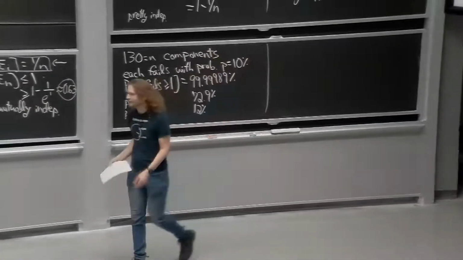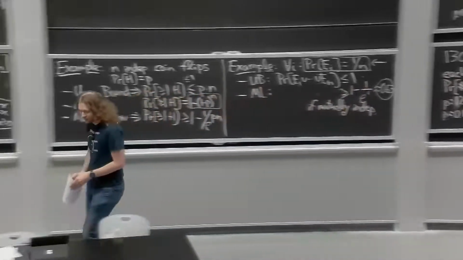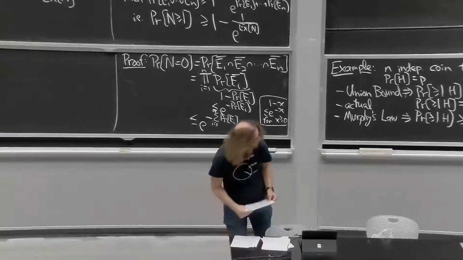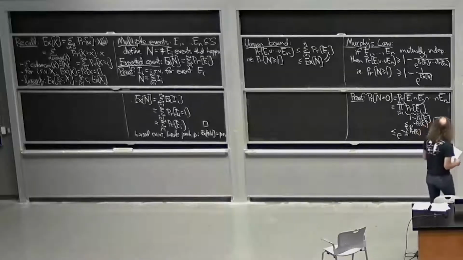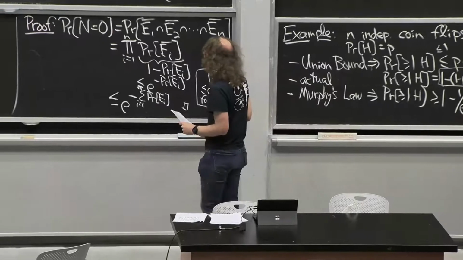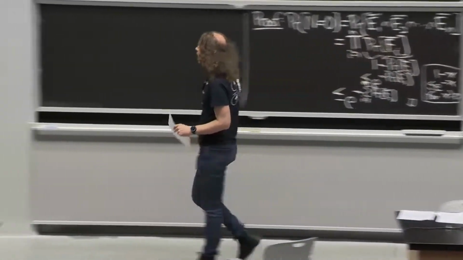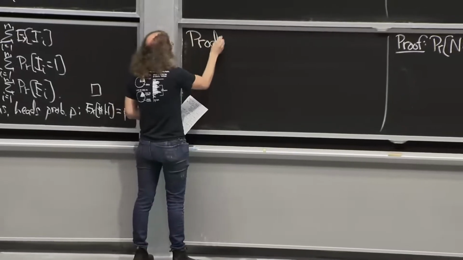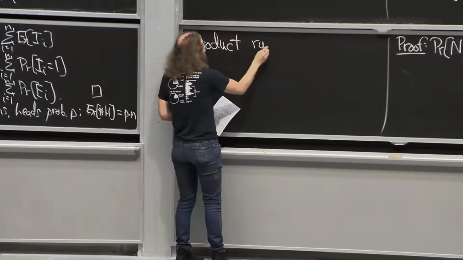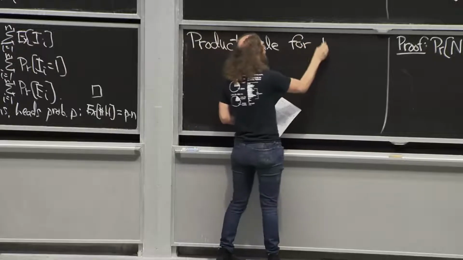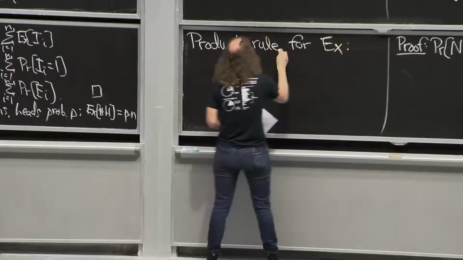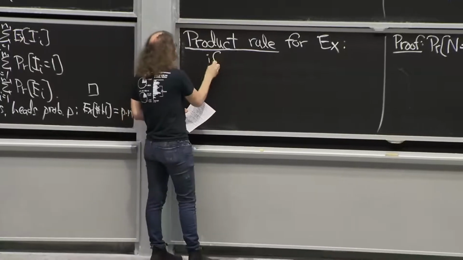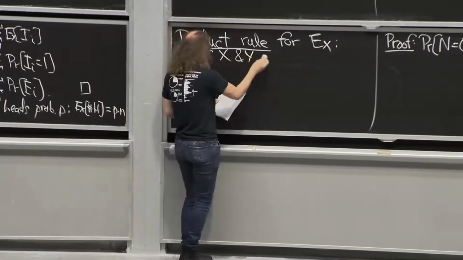All right, so that was just a fun diversion, but I love an opportunity to talk about Rube Goldberg machines and stare at them. All right, let's do some more fun things about expectation. Products. So it turns out there's a product rule, just like for probability, but for expectation. It relies on the random variables being independent.